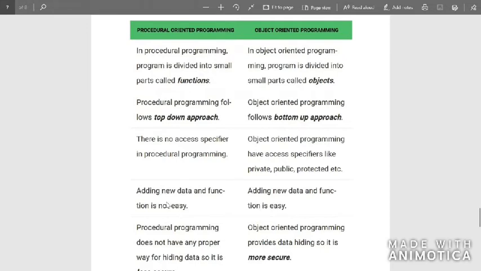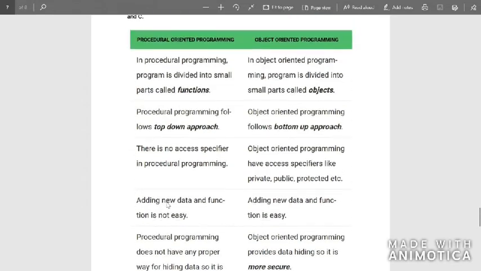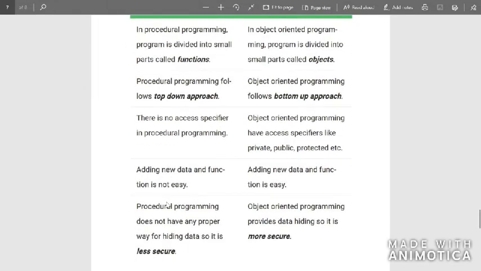Then adding new functions and new data is not easy. In procedure-oriented programming, adding new functions and new data is not easy, because you have to add more data, and according to that, you have to bring changes in the other parts. But in object-oriented programming, everything is divided into objects.